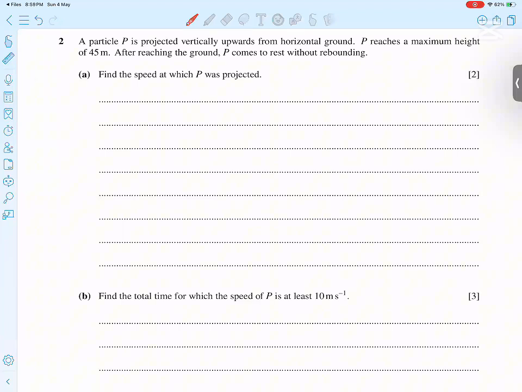Question number two. A particle P is thrown upwards from the horizontal ground. P reaches the maximum height of 45 meters. After reaching the ground, P comes to rest. Okay, it means first it's thrown from ground to the top. And maximum height means